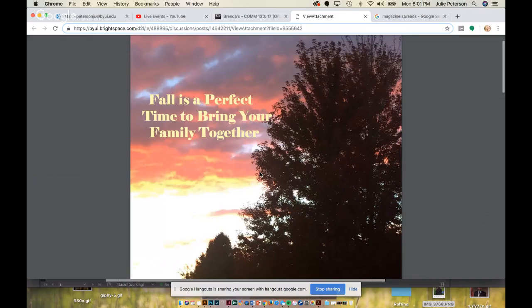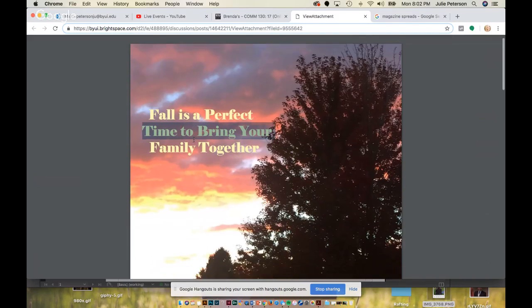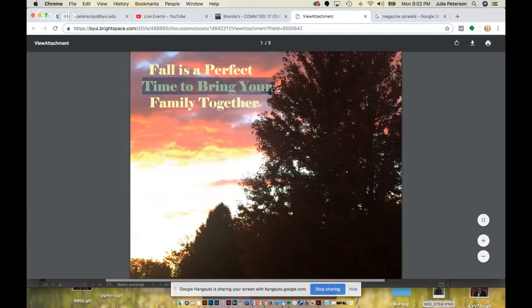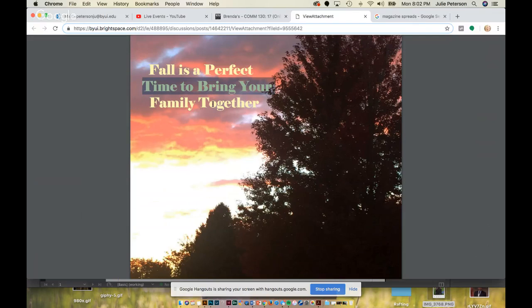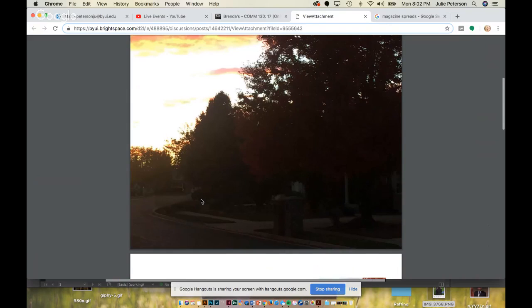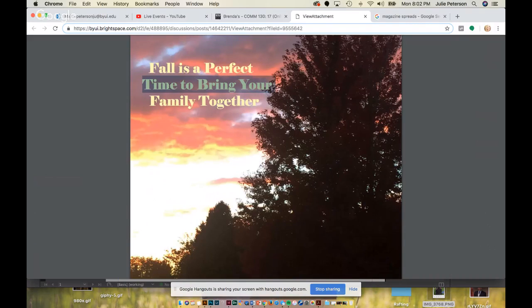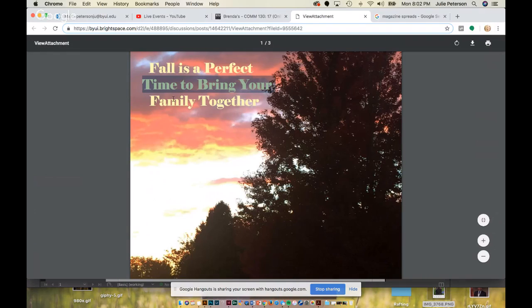Oh, the title too. Let's talk about the title. I would get rid of this font. This font's kind of more bold. It fits a different theme, where your theme is kind of fall, and fall is almost script-like in a way, or sans serif, like you have your nice font here. But I feel like this font just doesn't fit, and it's one of those overused fonts that we see often. So I'd just choose a different font there.